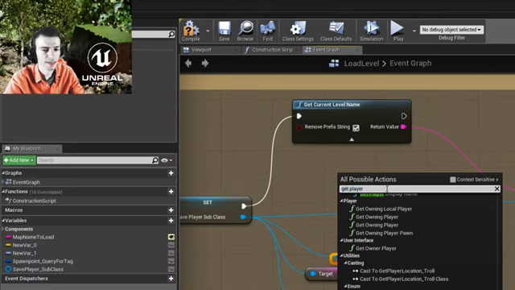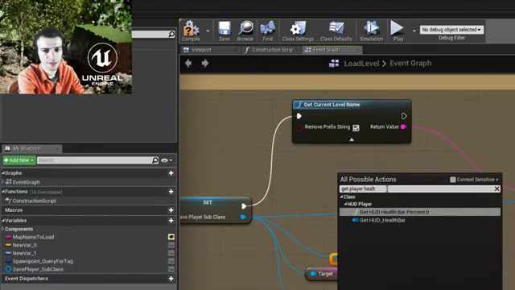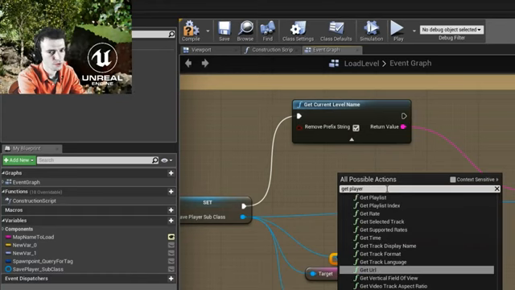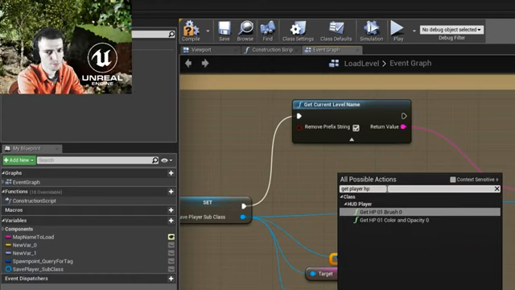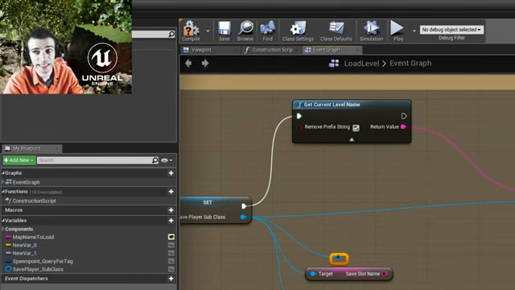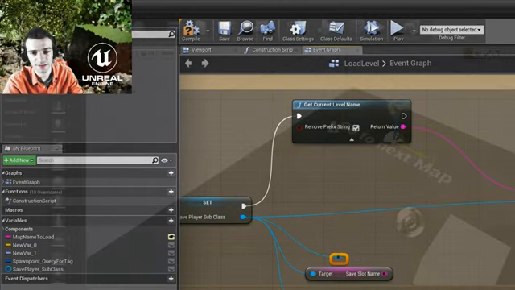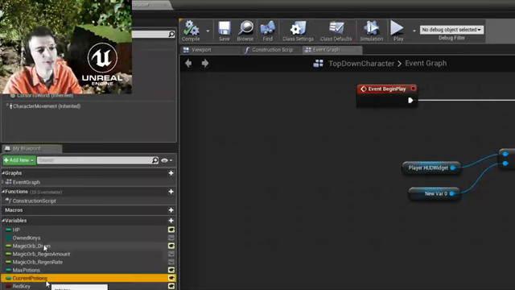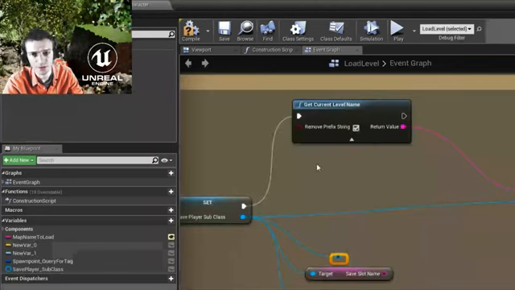Get player health. Nice. HP. What was the name of the variable again in the player? That's the thing. I always need to check the name of the variable in my character. So the name in my character is current potions. So I need to read this from the top-down character, right? In the load level. So I go like